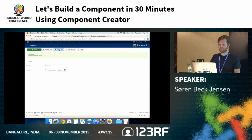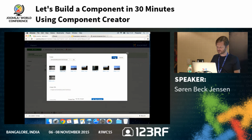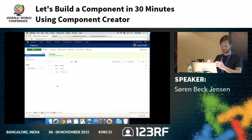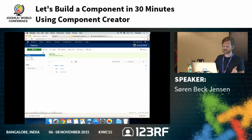Save a new Drupal. Right? Sample data, parks, landscape. Yeah, that's Drupal right there. I think that's it. Save and close. So now we have our patients. Again, normally I would have added more fields, but now we have patients and doctors, and now we need